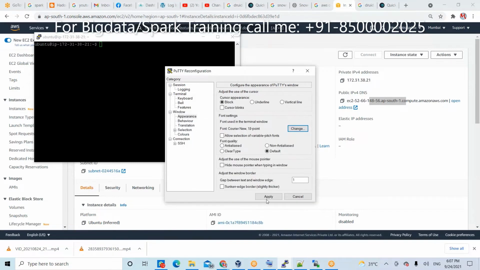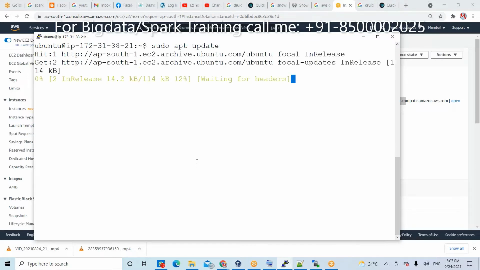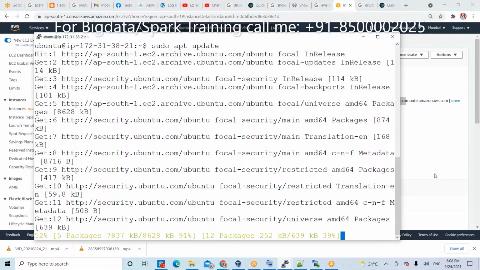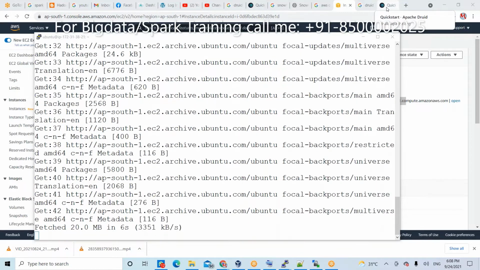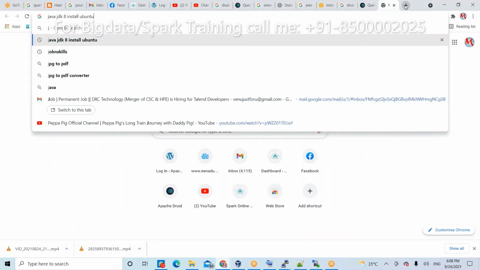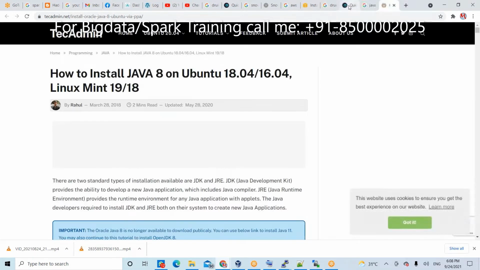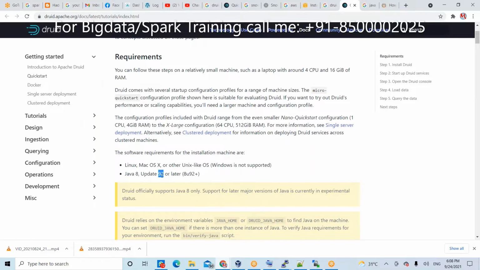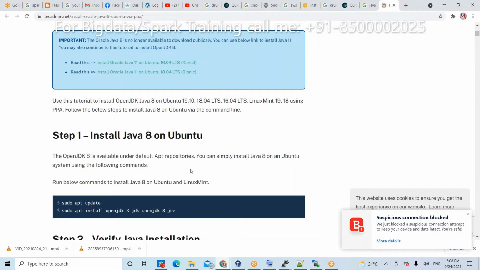That's recommendable. Now sudo apt update. I recommend doing it fast. It may take a little time. Within this time, Java 8 is also mandatory. I recommend using the JDK, Java 8. They clearly mention in this documentation Java 8 update 92 or more. So my recommendation is to just use this one.